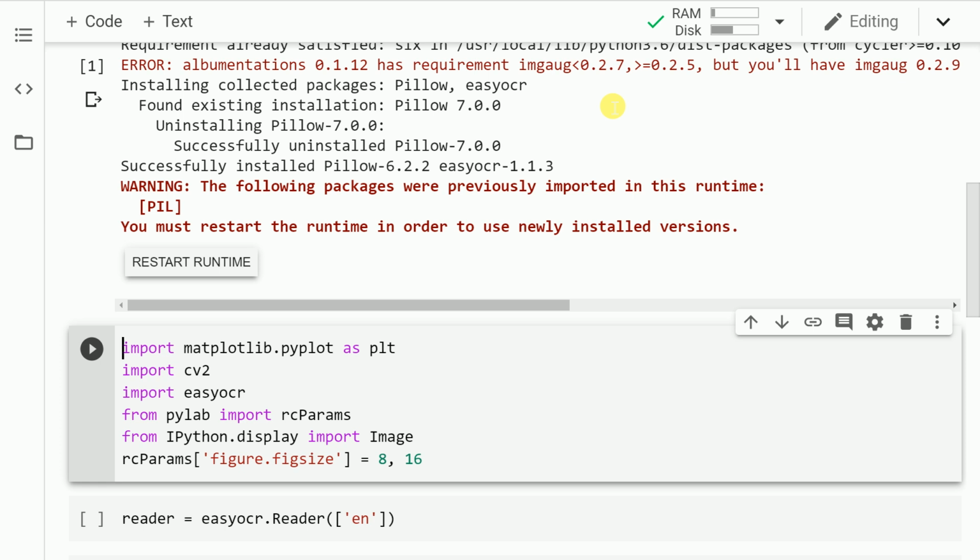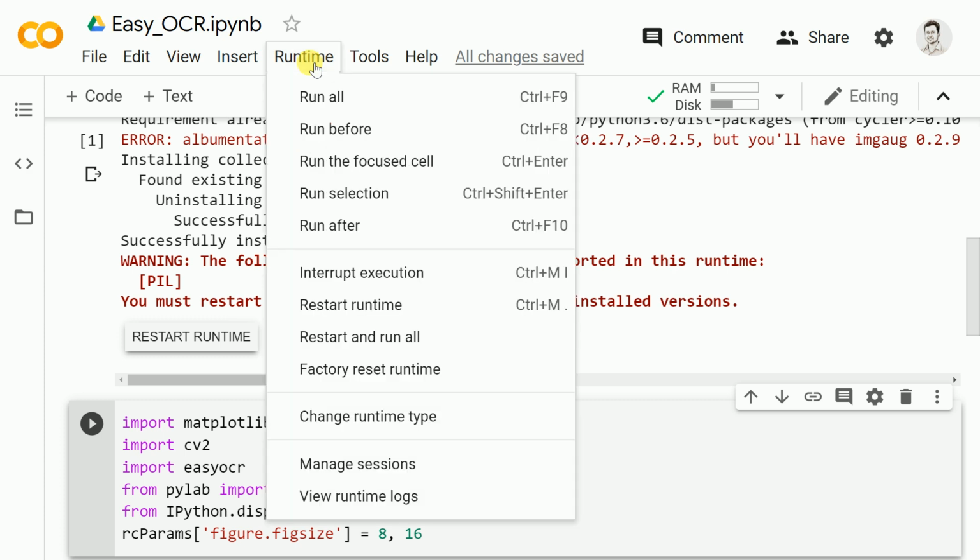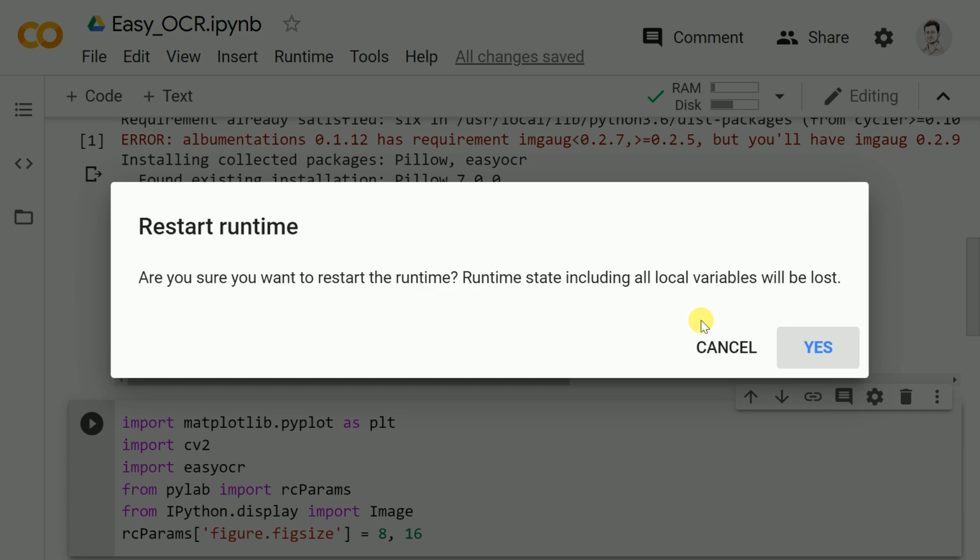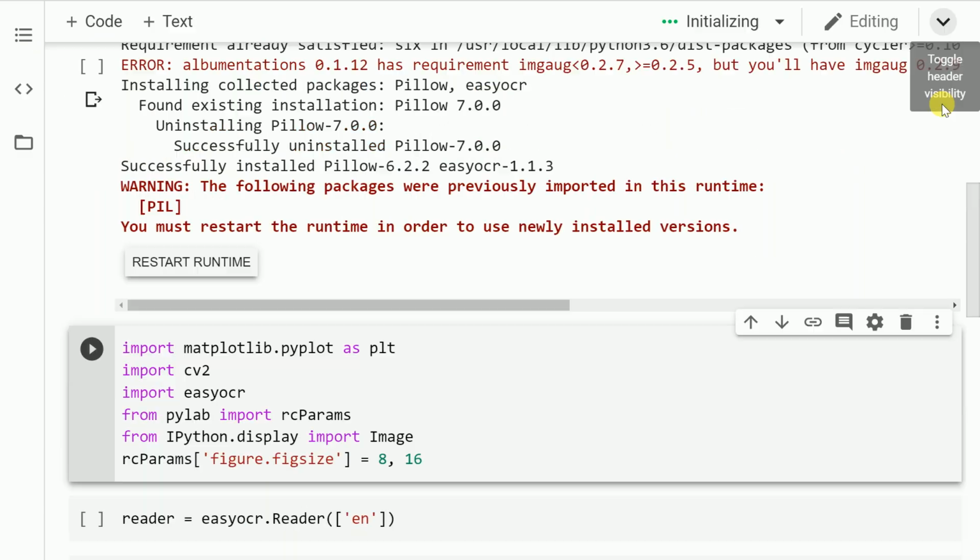Now that the installation is done, you basically have to go forward and restart the runtime in order to make use of the newly installed version. So let me do that as well. So I go to runtime, I click on restart runtime and I click on yes.